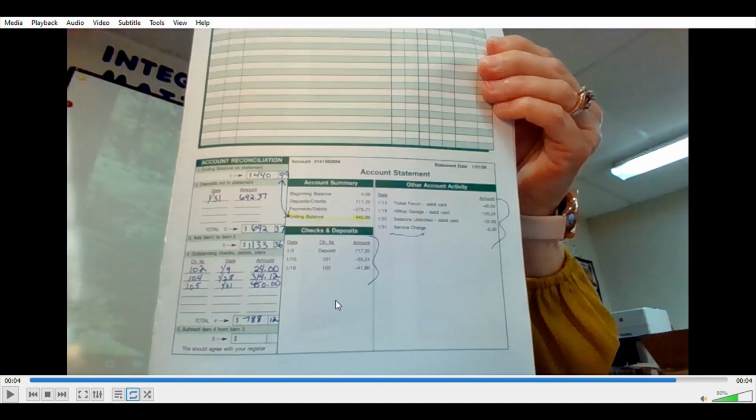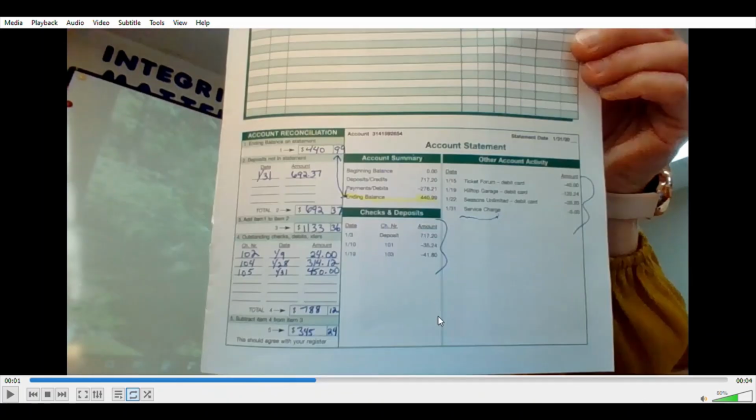Now that we have those checks listed in section 4, all we need to do now is get a total. So we add those 3 numbers up, and when we do, in box 4, you put $788.12. $788.12 is how much they add up to. And finally, the last thing that we do for box 5, it says subtract item 4, that's this number, from item 3, that's this number. So when you subtract 1133.36 minus 788.12, you end up with